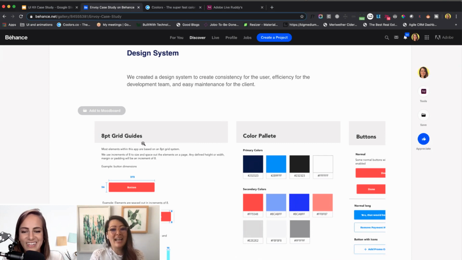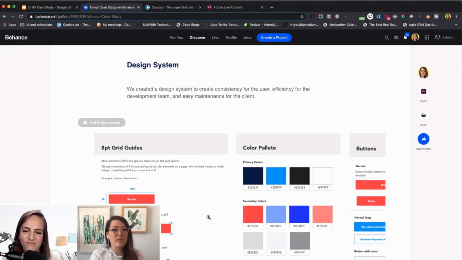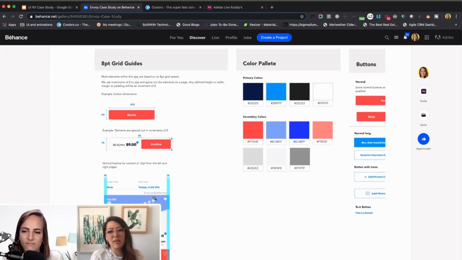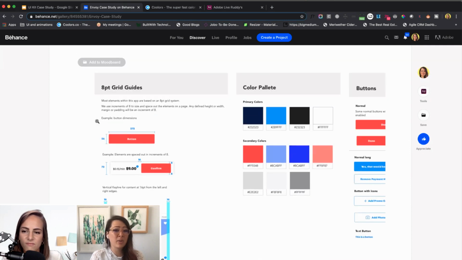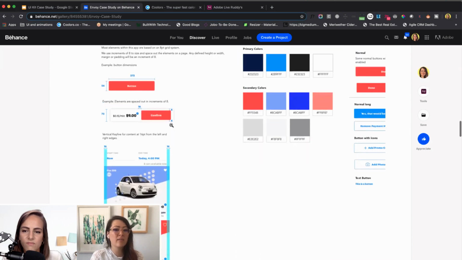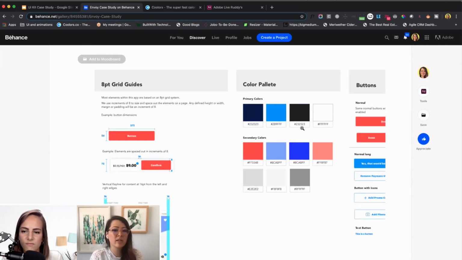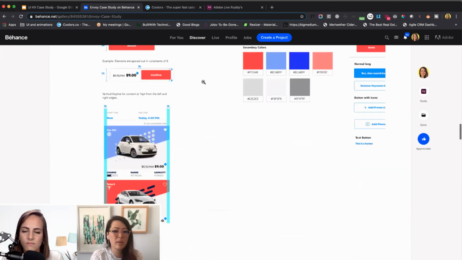Yep. So here I'm showing that we created a design system for the user. Cool. Like, okay, sure. I like that. I can see that you are more of a UI designer. You think about 8-point grid systems. You're very conscientious of doing pixel perfect design. That's what I'm getting here. Like, sure, okay, great. This picture tells enough. Do I need to say much more? Maybe not so much, right?